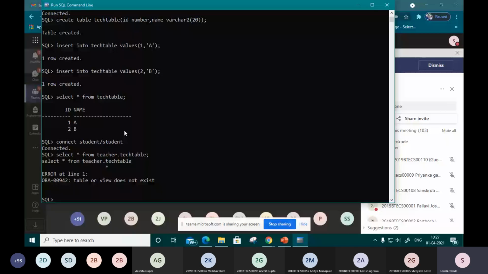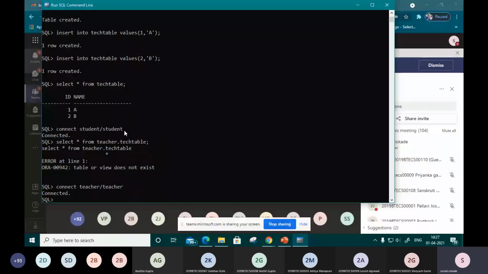So to give permission to the student to access the table or the data created by the teacher account, we have to first pass permission, or we have to grant access to the data to the student account by the teacher. For that, we need to grant select on the table name to the account name, username.